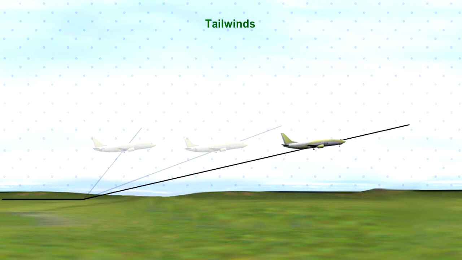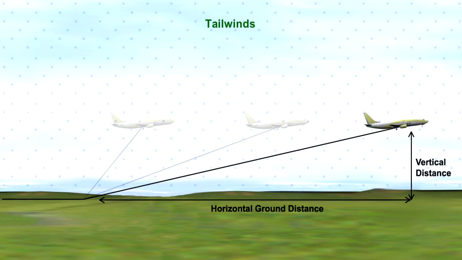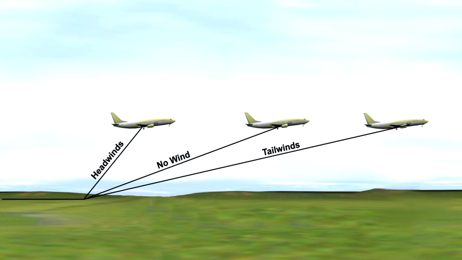Likewise, with a tailwind, the aircraft is being pushed forwards and will cover a far greater horizontal ground distance. The result is that the climb angle decreases. Tailwinds then will decrease the ground gradient. It's important to understand how headwinds and tailwinds affect the ground gradient, because ground gradients are used to calculate obstacle